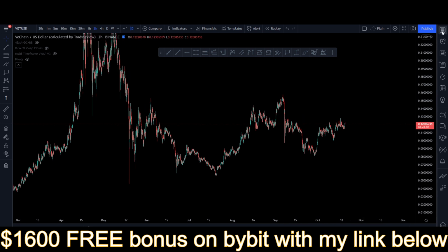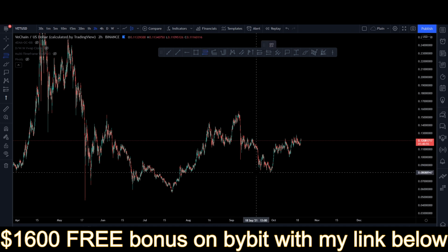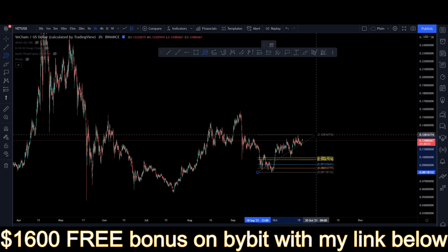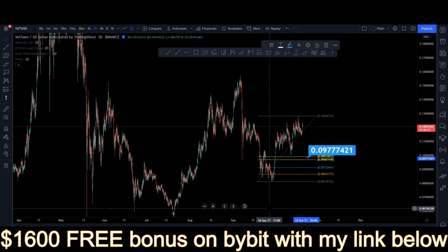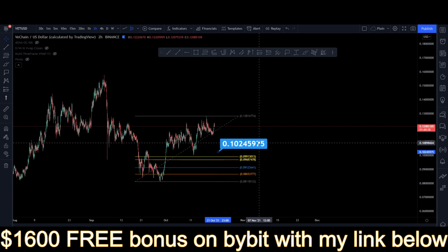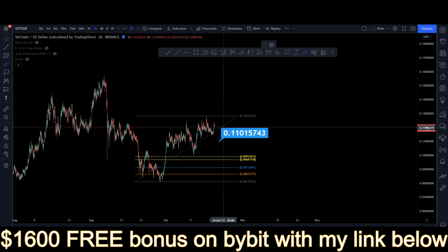Let's go ahead and pull this. So again, if this was actually the high right there, we do have the 618 coming in right about here, at 977777777, and I would say that we could look there for a nice little turnaround, but before that, I would be looking more around the 10, 11 cent mark, because you could have a situation where